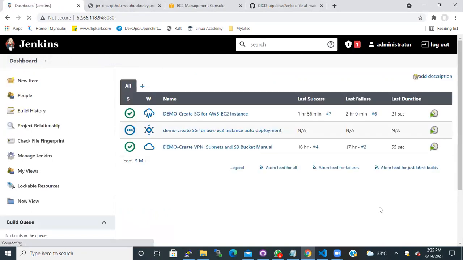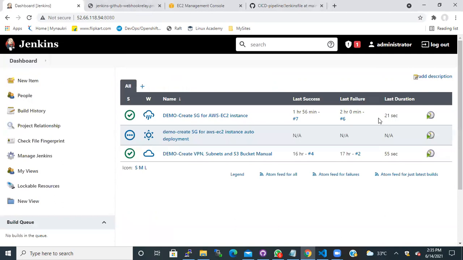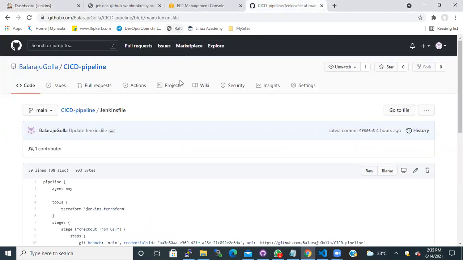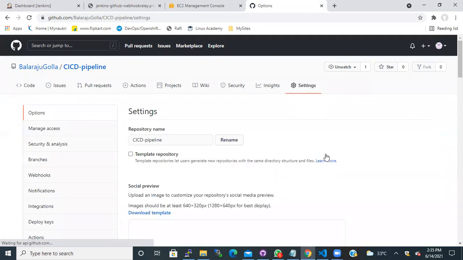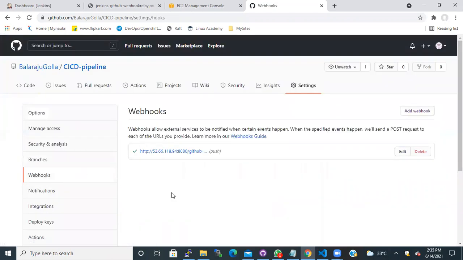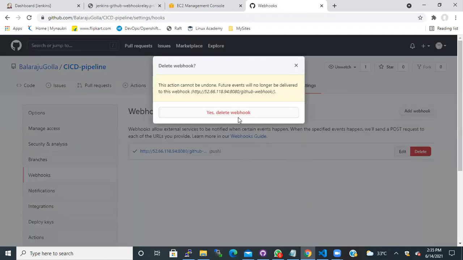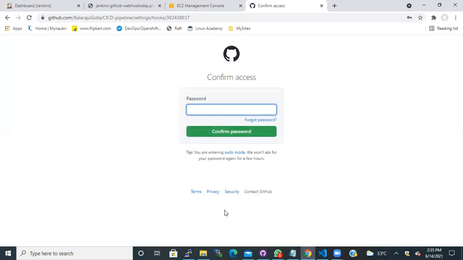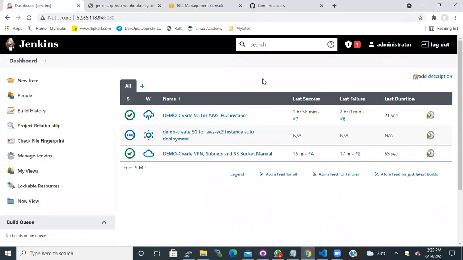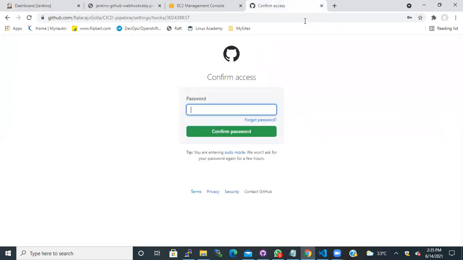Okay. And the next thing that you need to do, guys, is configure something from GitHub, that is webhooks. Without this, the code will not run. Okay. And in my case, I have already done it earlier. So what I'll do is delete it for now, and then I'll just create a new webhook. Let me enter my credentials.